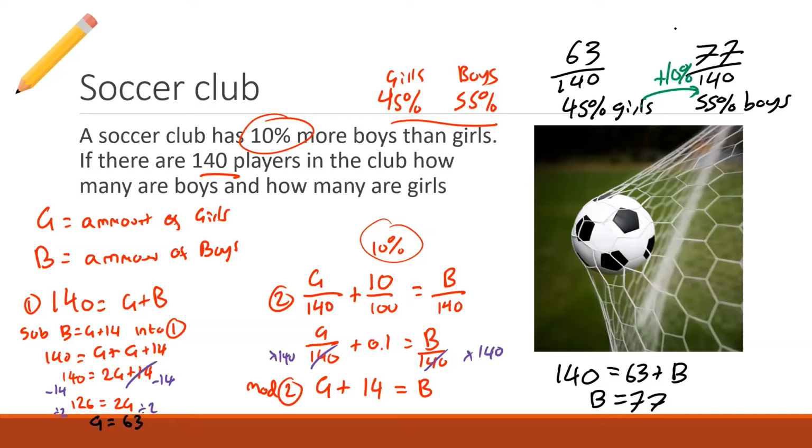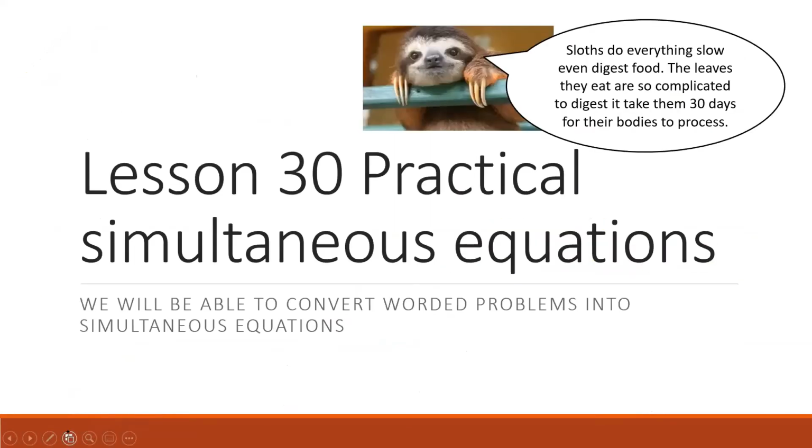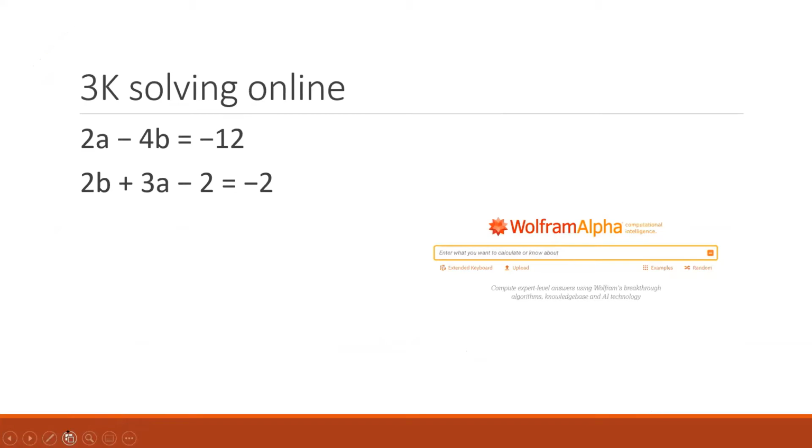So let's go back over everything that we've learned today. We started off by looking at 3K, and 3K is just taking equations and substituting them into Wolfram alpha. When you do this, you will get answers, and that's fine. You can just write substituted, or calculated using Wolfram alpha, and that will then give you